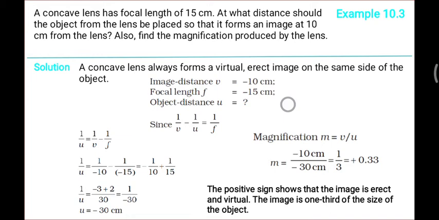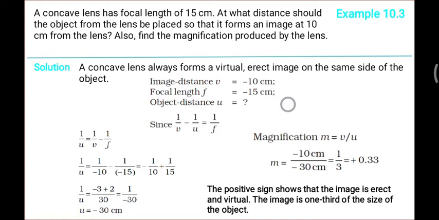The minus tells us your object is to the left of the optical center. Your object distance u is always to the left of the optical center, and it is always a negative number. If you are calculating in any example and you get a positive number by the mathematics, then you get an idea you made a mistake somewhere. So u always comes negative. So we reach one step: minus 30 centimeter is where you are putting your object.